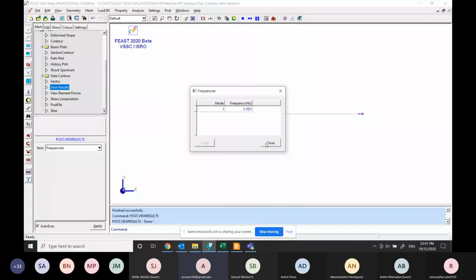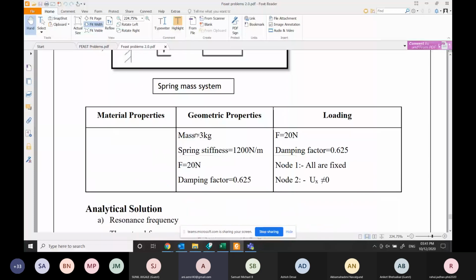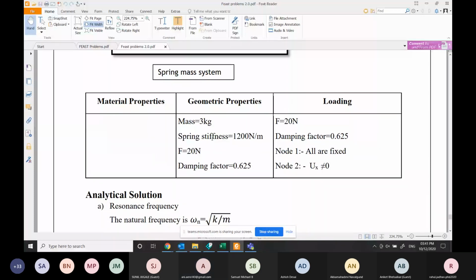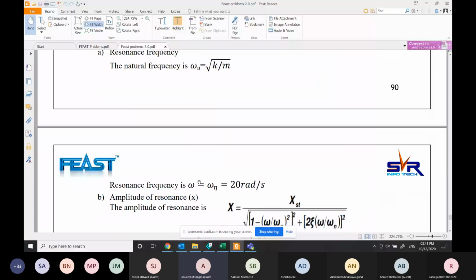Now I'll go back to the PDF and we'll see what exactly the results are. I'll scroll down. You can see we have the spring element and the mass element. Simply divide K by M under root. So the natural frequency can be calculated by omega equal to under root K by M, which is nothing but 20 radians per second.